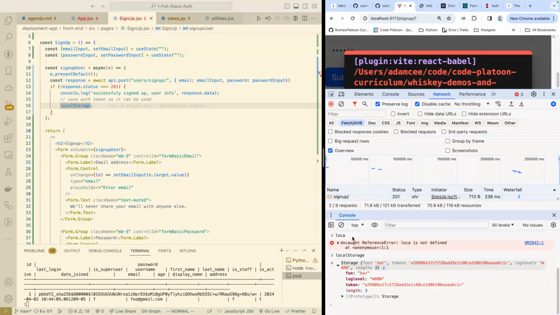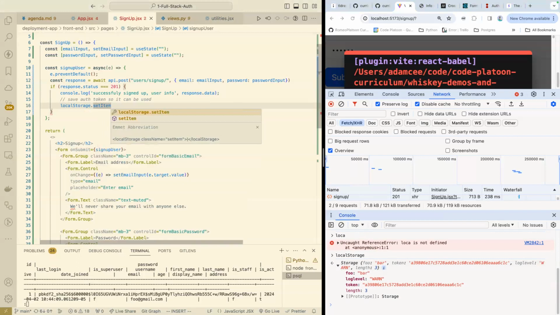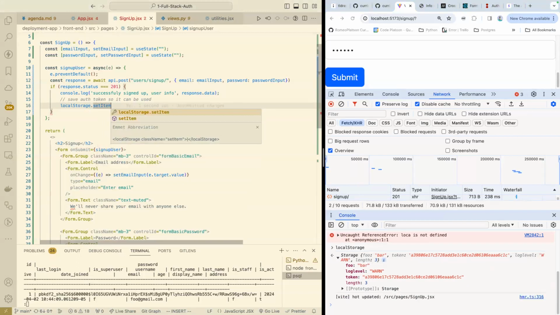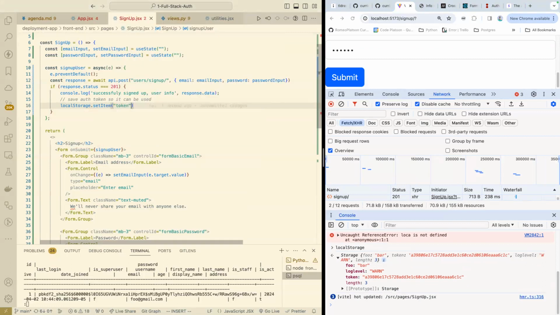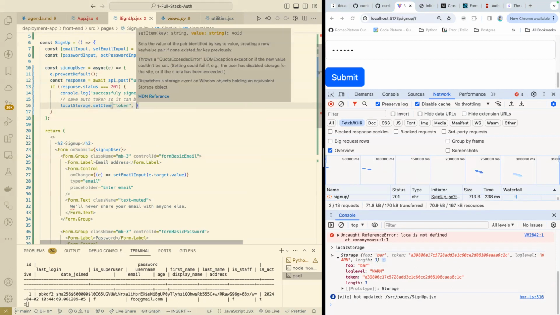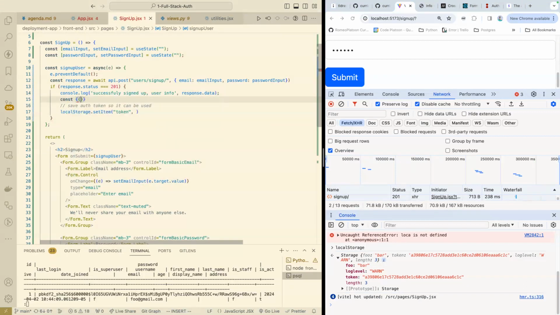But the browser creates these JavaScript interfaces for us to interact with these different parts of the browser. And this is the browser's local storage. And it's a key value store. So you can think of it just like a Python dictionary. And the key we are going to name token, and the value will be, well, let's go ahead and get the auth token. So let's just do const